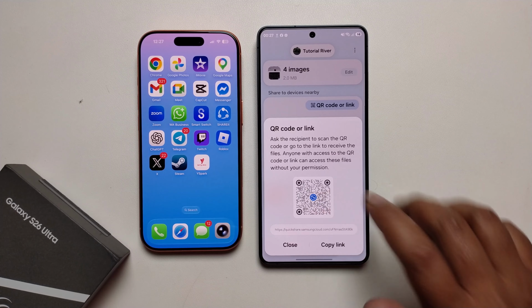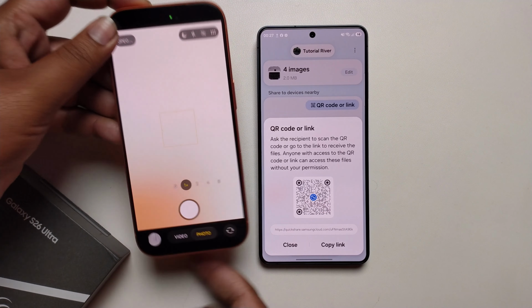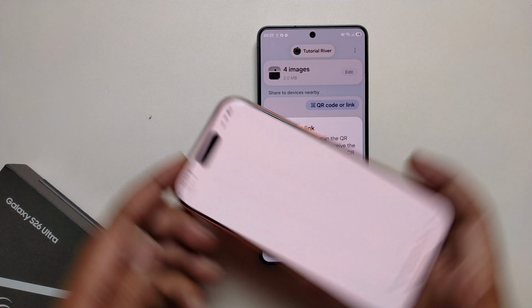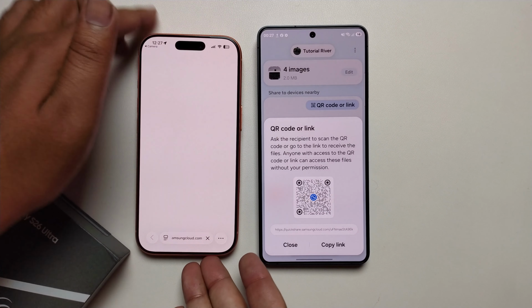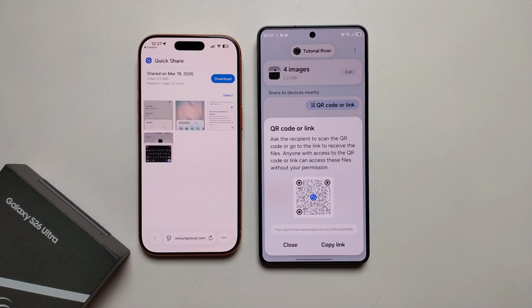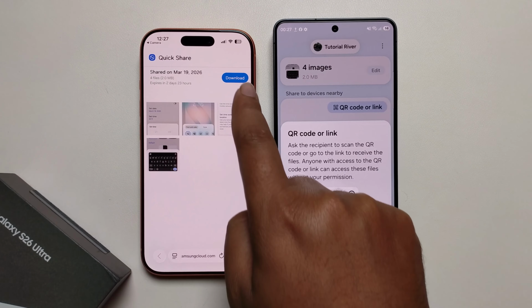I'm using the QR code. Just open my iPhone camera and scan this QR code. Okay, press on it, and now it's successfully connected and showing the selected photos and videos here. Press on select